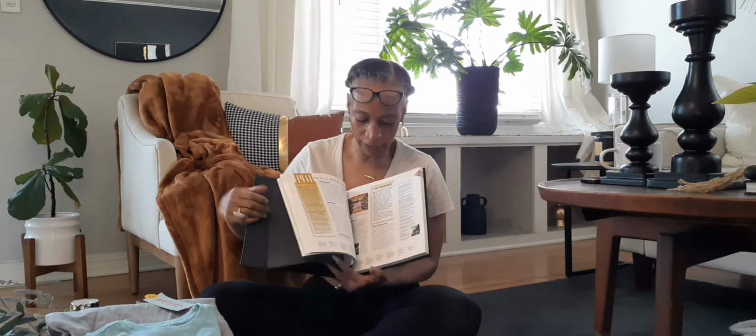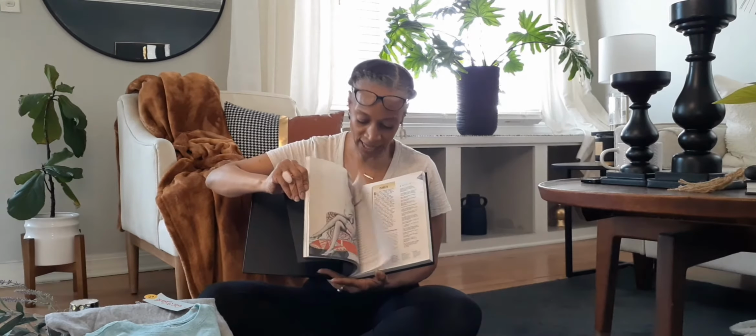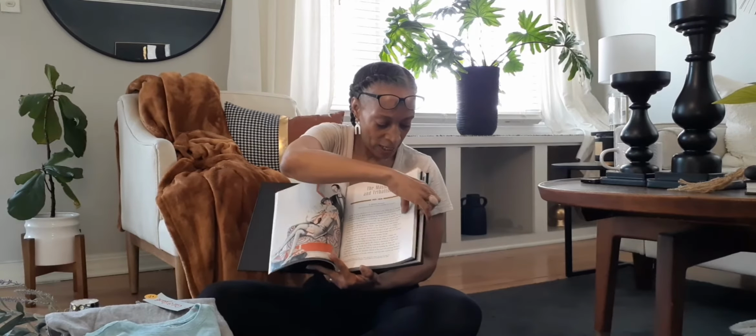But the first thing I got, guys, from Goodwill was 2 books. The first one that I bought, the hardbacks were $1.50. This is the Eyewitness 20th Century, a National Geographic book. It has a lot of good pictures in it, and a lot of history in it, which I like. And Martin Luther King is in there, so you guys know I like that. And it just tells you a little bit of our history